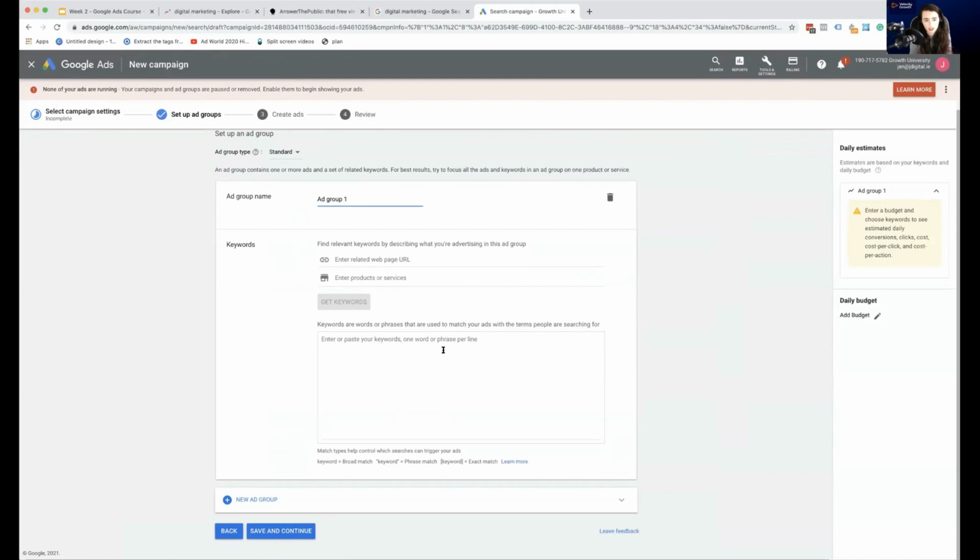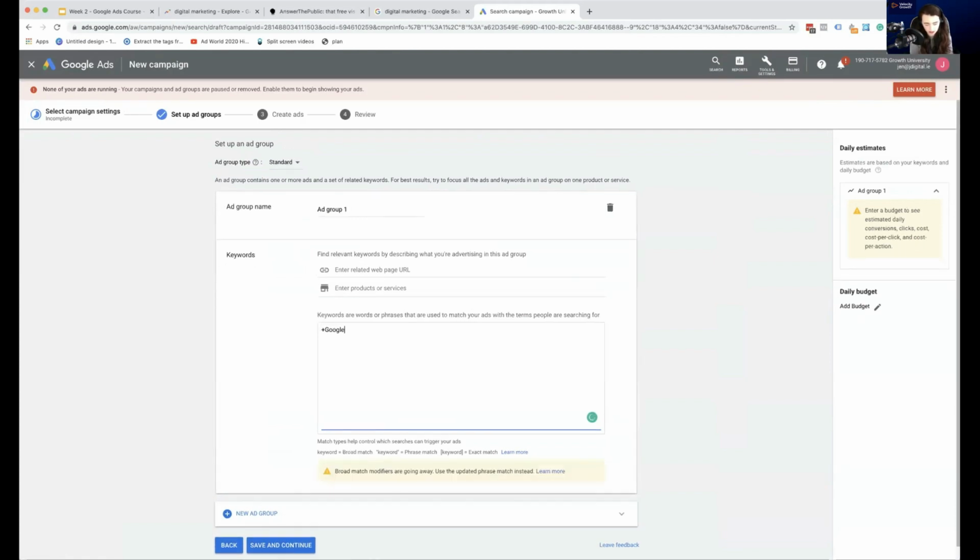So once you get through to the ad group stage, that is where you're going to start adding your keywords. Now, what I recommend is absolutely best in this scenario is to create dedicated ad groups for specific keywords that are relevant to your business. Always try to make these groups as niche as possible. Typically, what I tell people to get started with, and just to get the most out of it, is to just use all three types of